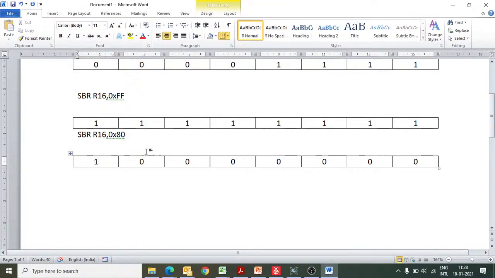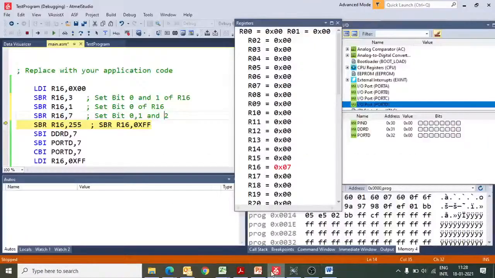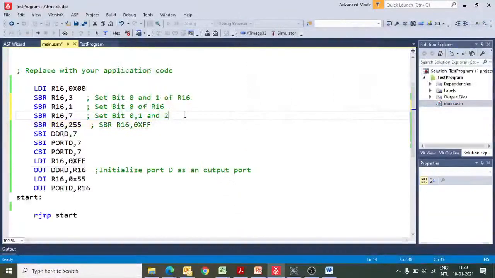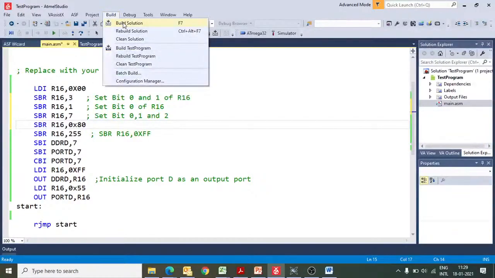Okay. So now let me run this instruction in AVR Studio. I will stop here, and I will put that instruction in this position: SBR R16, 0x80, and then let us see what is happening.